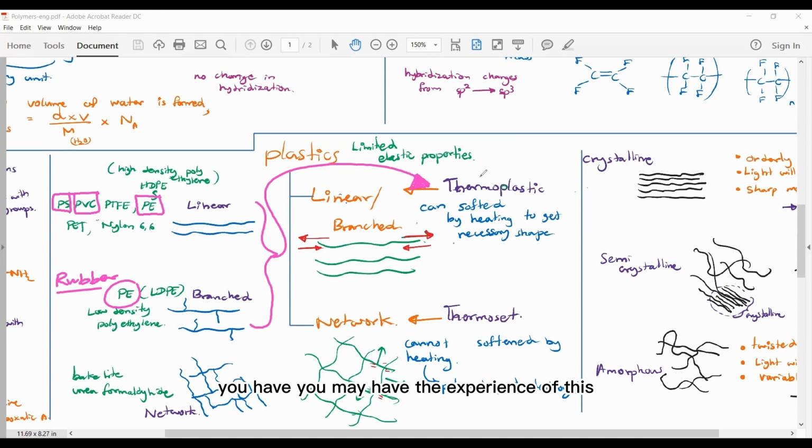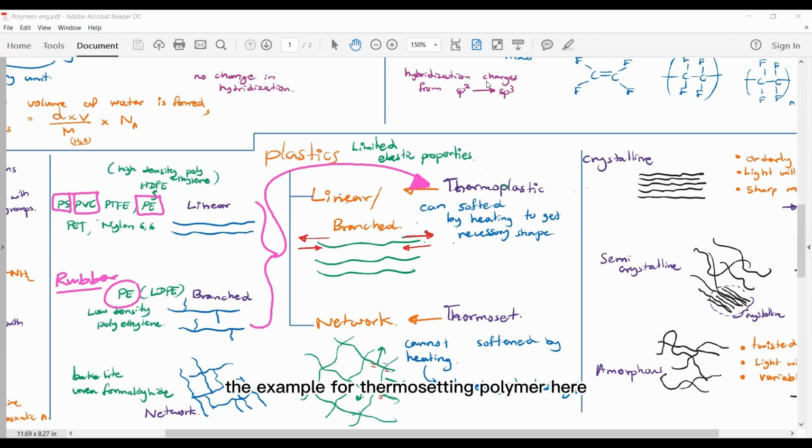You may have experience of this, because when you want to join two PVC pipes, normally when you don't have the socket, what do you do? You heat one end, and after expanding, you quickly join it. After that also, the properties of the PVC pipe are still there, aren't they? It's not going to be destroyed. It's still PVC. That means you can heat and mold the PVC pipe. That's what thermoplastic means. You can't do it for thermosetting polymers.